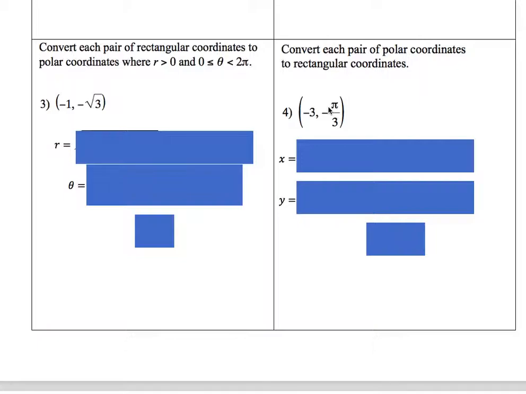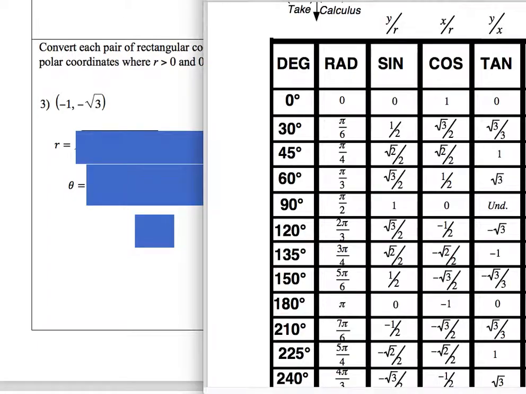Number 3 and 4, we're converting between polar coordinates and rectangular coordinates and back and forth. So for number 4, this is our r value, this is our theta, so we've got to find x and y. So for x, it would be r times cosine of theta. I'm just plugging in my angle and my radius in there. And then my radius of -3 is going to stay the same, but cosine of -pi/3 is, so